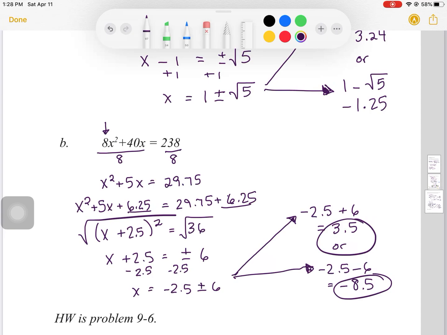All right, so your homework to go along with this assignment is 9-6. In 9-6, they're going to have you walk through the same thing for 4 different problems. You're going to be completing the square and coming up with the solutions just to practice this skill alone. Remember, if you have any questions, to reach out to either myself, Mrs. Craven, or to Mrs. Huckel if